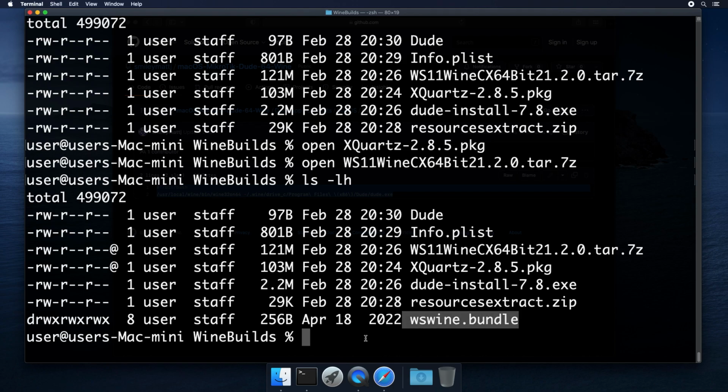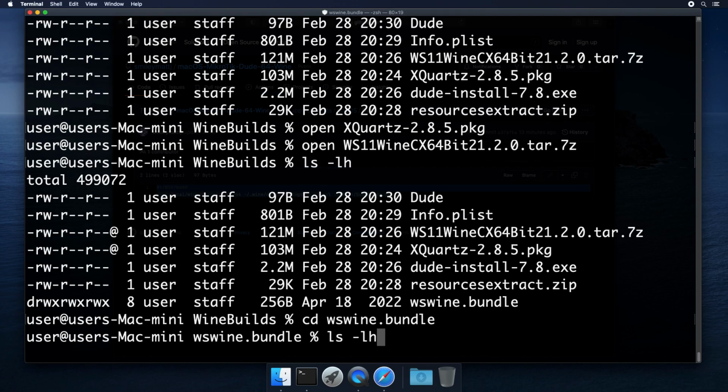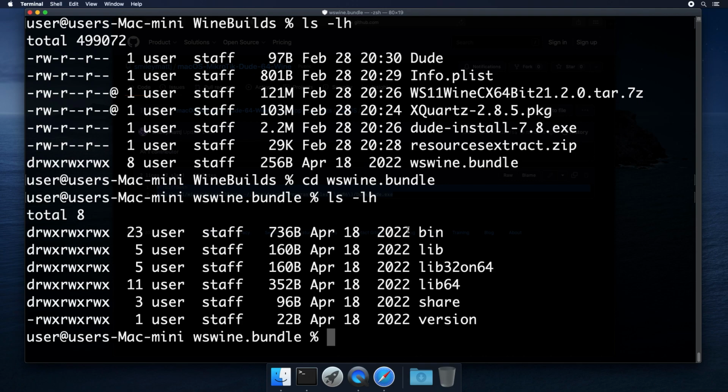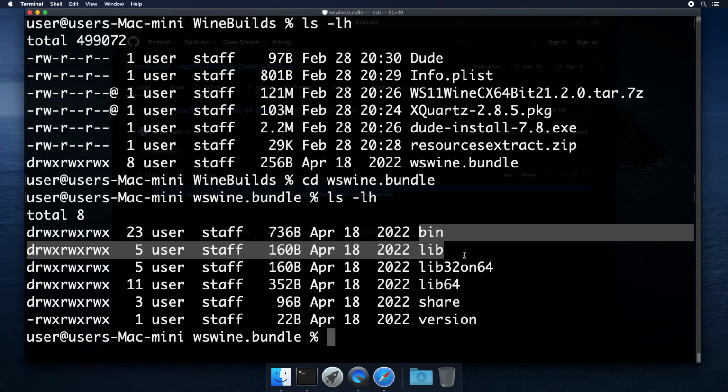So we can see it created this directory, and this is our Wine. You can see our bin directory and lib.